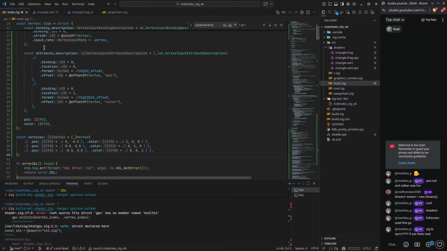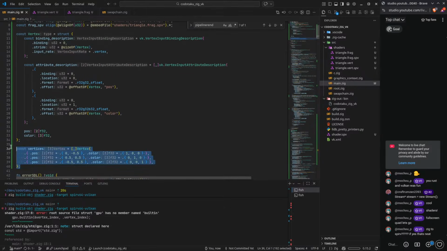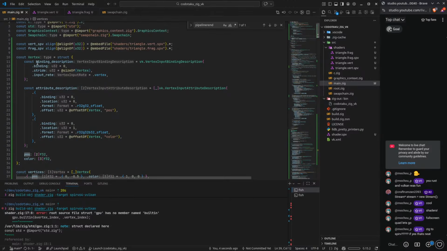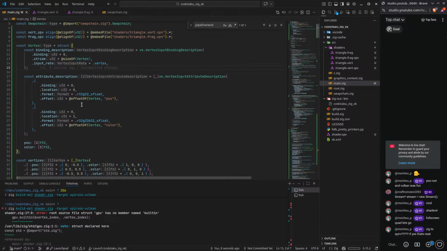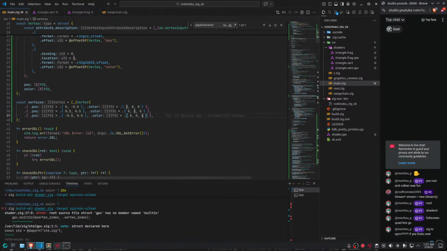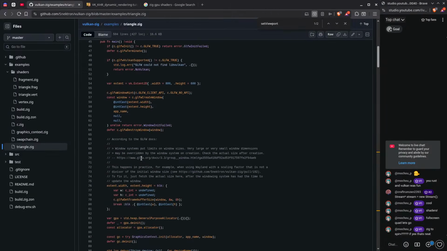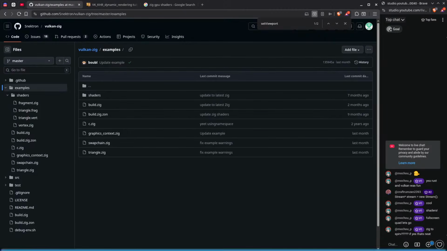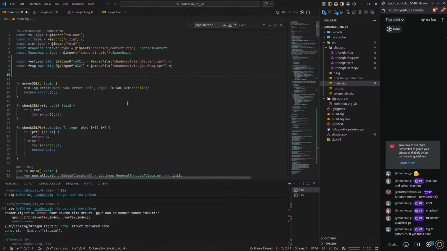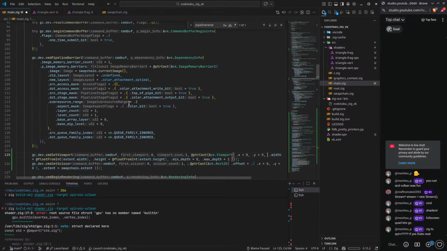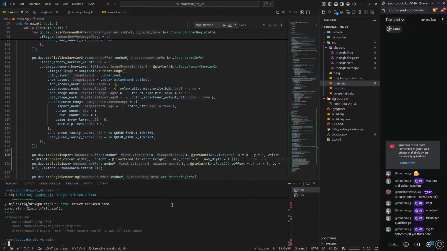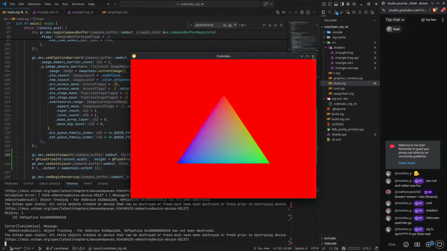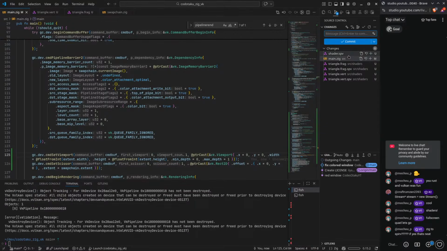And I'll just put this here. So this basically has an array of vertices, and this just declares the binding descriptions and so on. So that's good. So now what? Well, first of all, we gotta actually use, or you know what? Wait, let me first of all commit this. So this works, right? Yeah, this works. Okay, so I'm gonna commit this, and